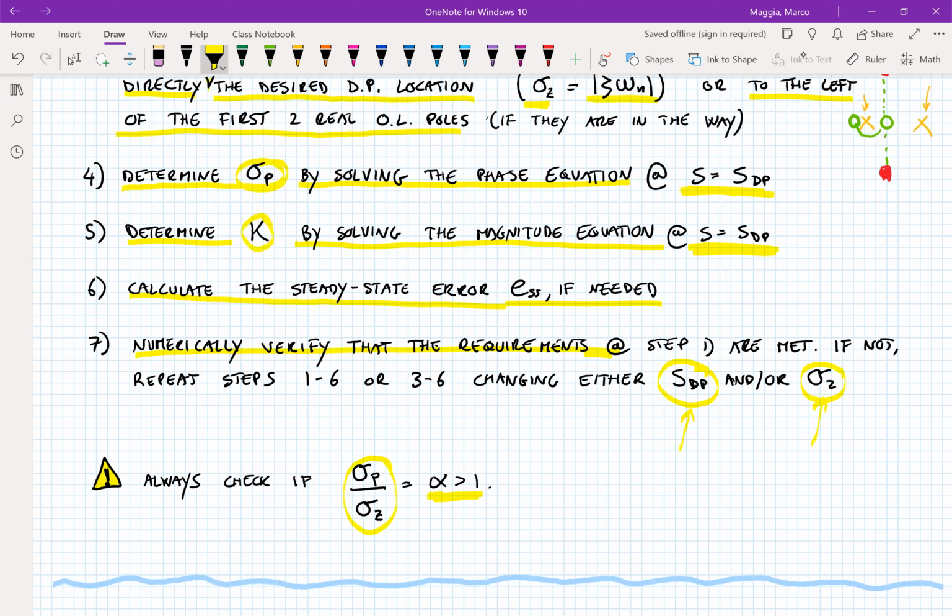All right, with that being said, I've concluded what I wanted to show you about the design of the phase lead compensators using the root locus methodology. Next time, we're going to take a look at the design for phase lag compensators, and then we're going to talk about